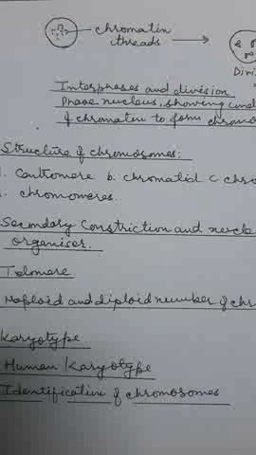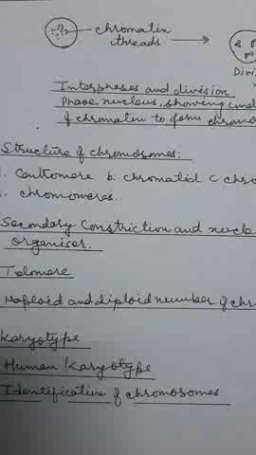Karyotype. The chromosome complement of a cell that provides the information of number, type, size and other characteristics of chromosomes is called karyotype. A diagrammatic representation of karyotype of a species is called ideogram. In ideogram, a haploid set of chromosomes of an organism are arranged in a series of decreasing size.